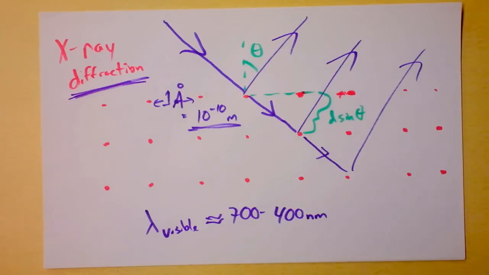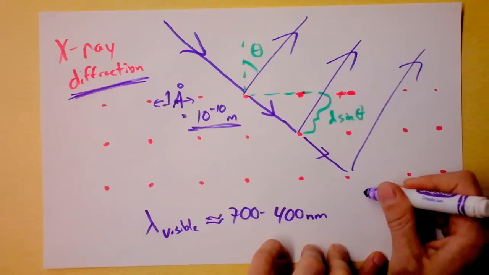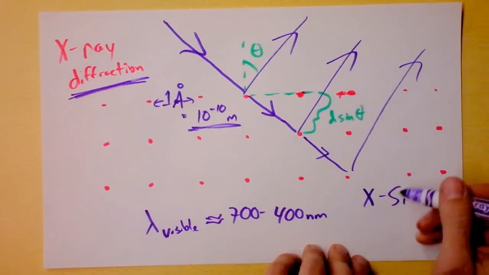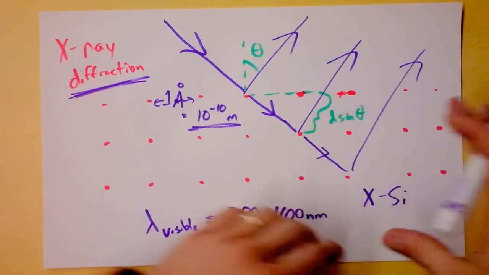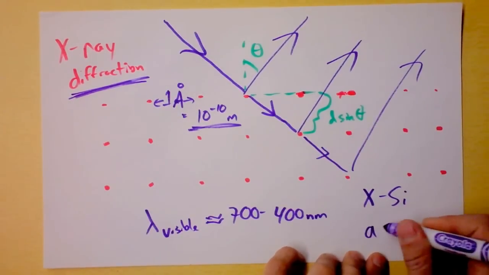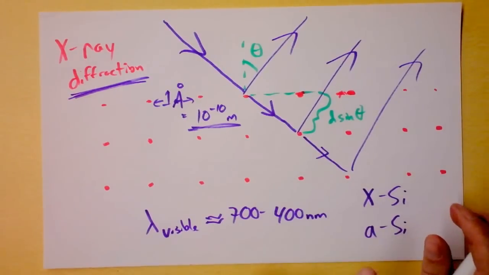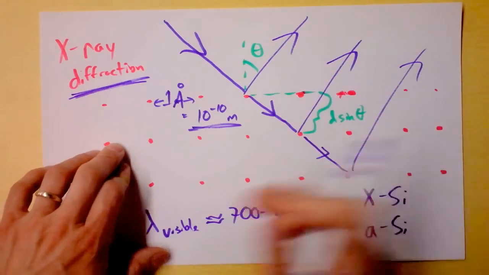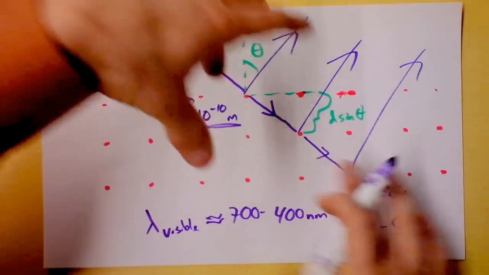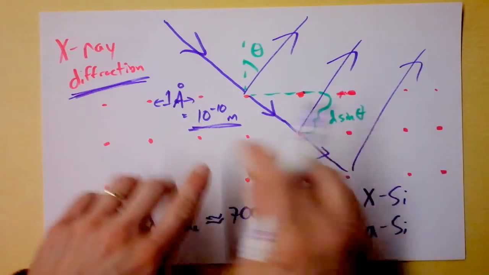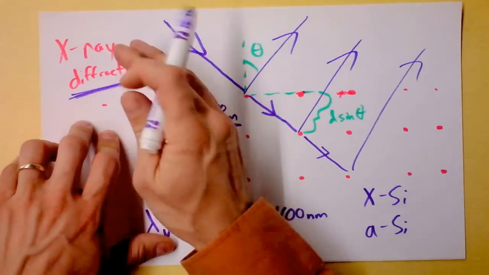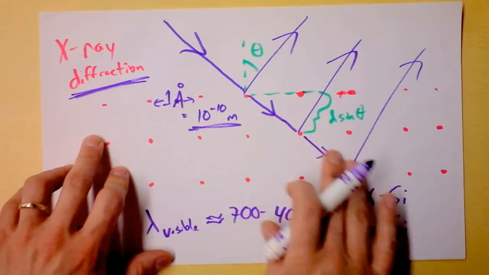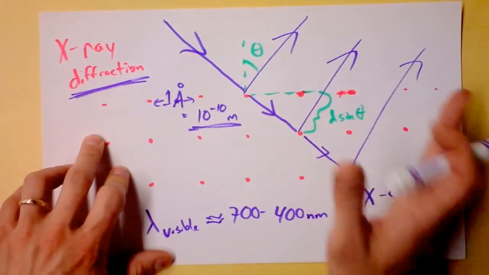I did a little bit of X-ray diffraction myself, and if you're looking for something that is crystalline, for instance, I study a little bit of crystalline silicon, then you're going to get beautiful diffraction patterns, even if they're very tiny crystals. And if you're looking for something that's amorphous, then you're not going to get very good diffraction patterns, because amorphous things don't have this rigid structure. Atom, atom, atom, atom. They've got short range order, so you might get a little bit of a diffraction pattern, but you don't get that strongly reinforced diffraction grating-like pattern where you have essentially millions, look at this, millions of slits that are exactly the same spacing.